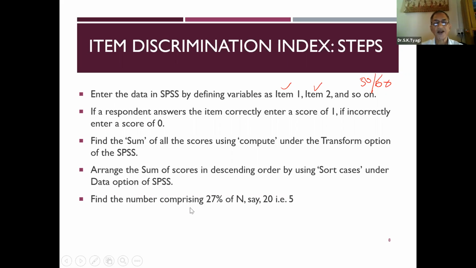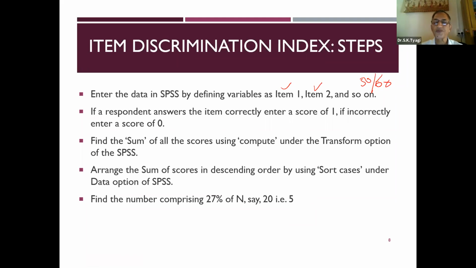Then you find what is 27% of n. Suppose your sample size is 20. So 27% is 5.4, or roughly 5. If your sample size is 200, 27% will be 54.